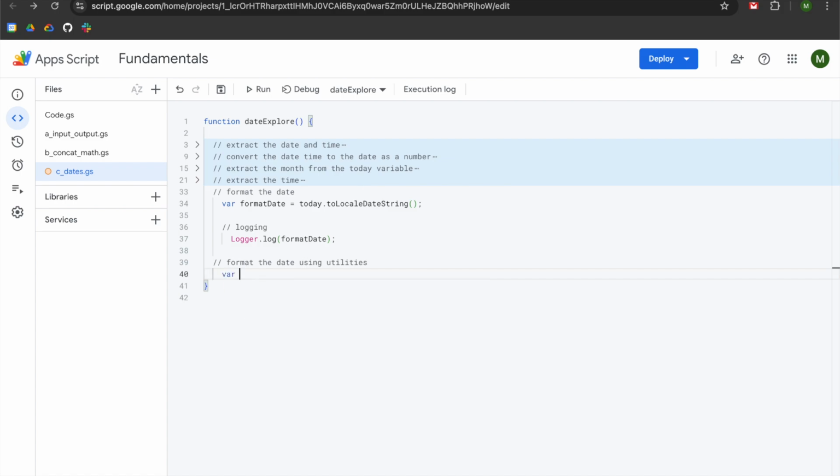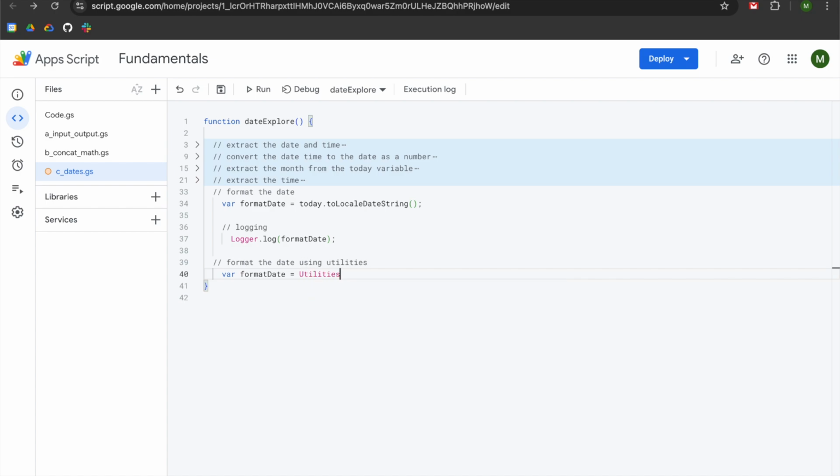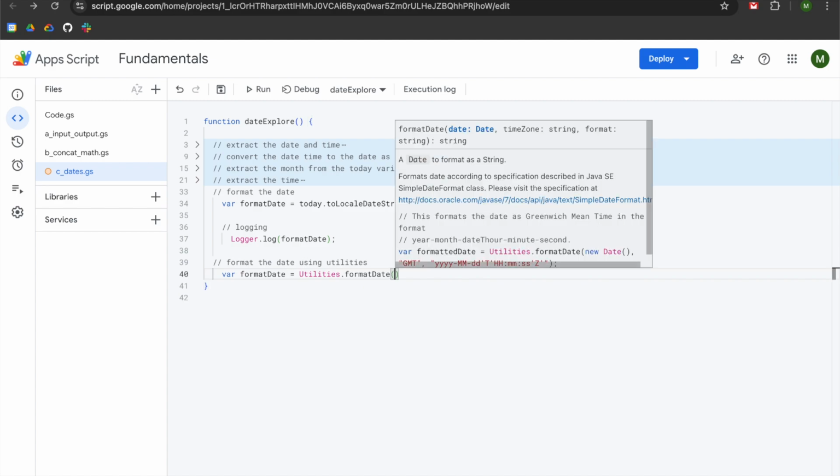So I'm going to declare another variable, and I'm going to reuse that formatDate variable that we used because it doesn't matter. We're not using it in any other context. So we will be using capital U Utilities.formatDate. And we have an open parentheses. And now you can see that formatDate is a function, my apologies, I didn't think about that before naming these variables. So what we're going to do is